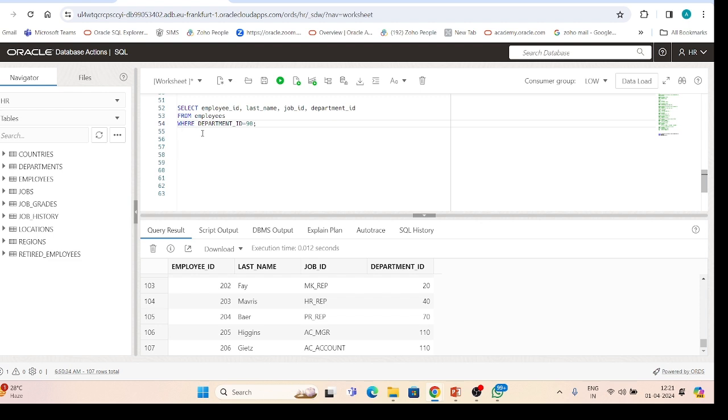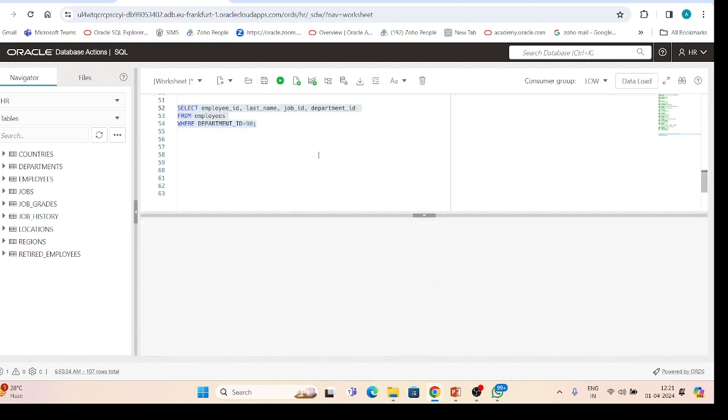So here this SQL query that we have provided, it will retrieve the employee ID, the last name, the job ID and the department ID columns from the employees table specifically for the employees who belong to the department with department number 90.